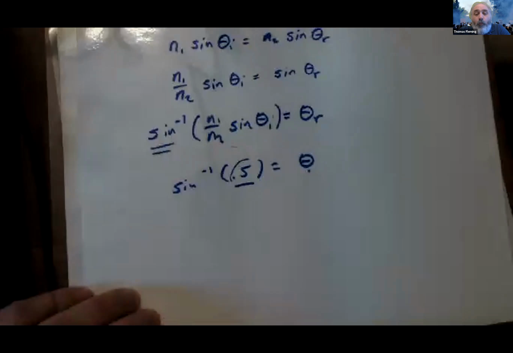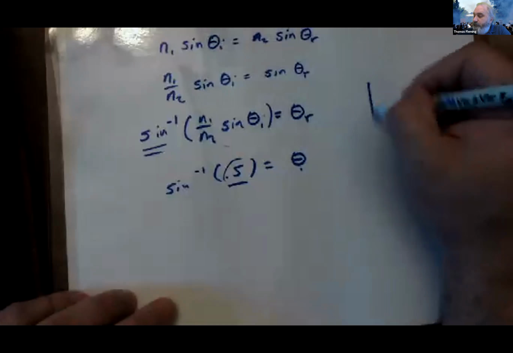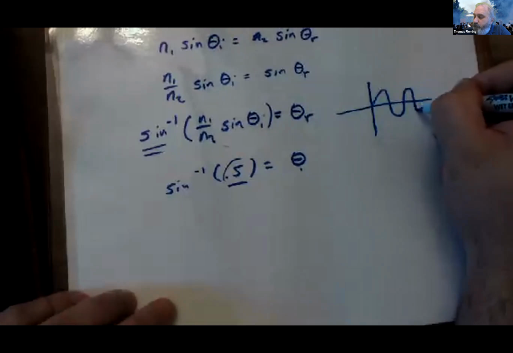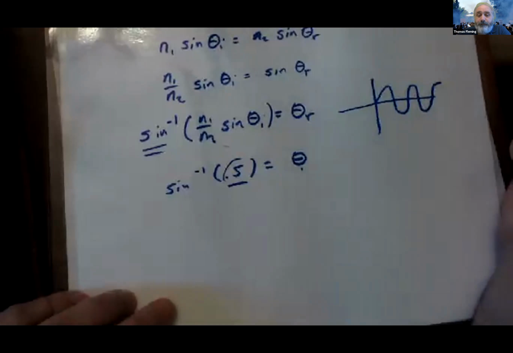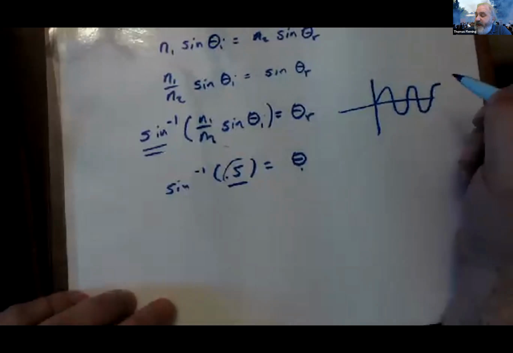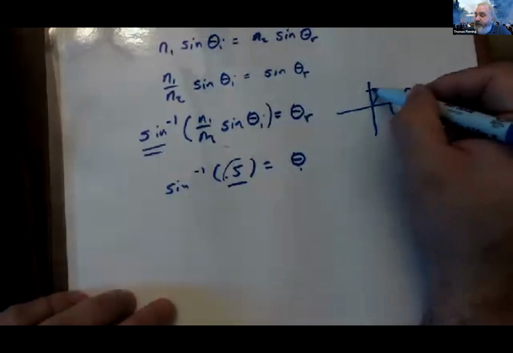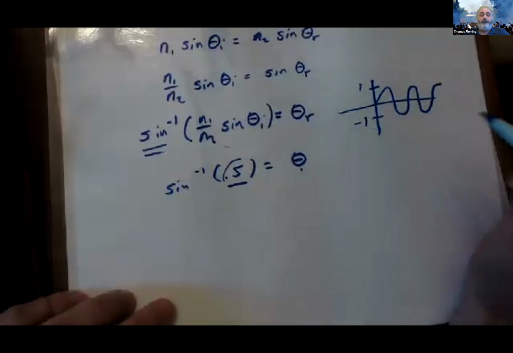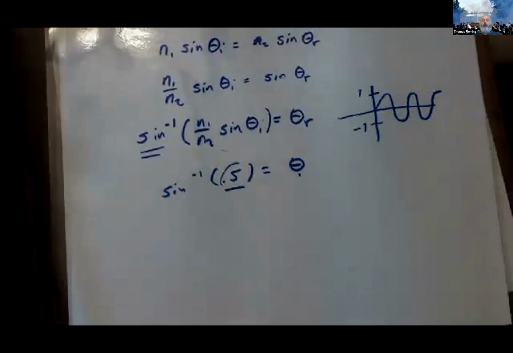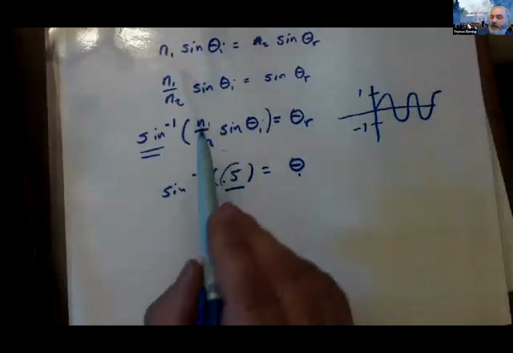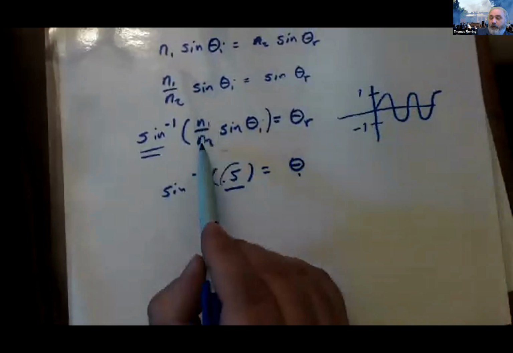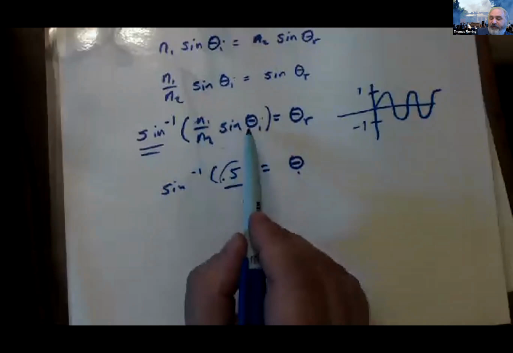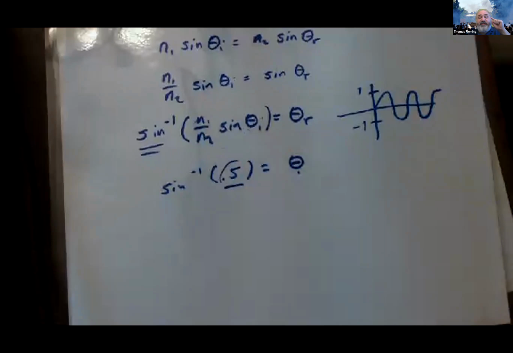However, what do we know about the sine function? The sine function looks like this. And what's going to happen is the biggest the sine function ever gets is +1. The lowest it ever gets is -1. So what's going to happen is if N1 is bigger than N2, this is a number bigger than 1. And if this number bigger than 1 times the sine of my angle of incidence is still bigger than 1,